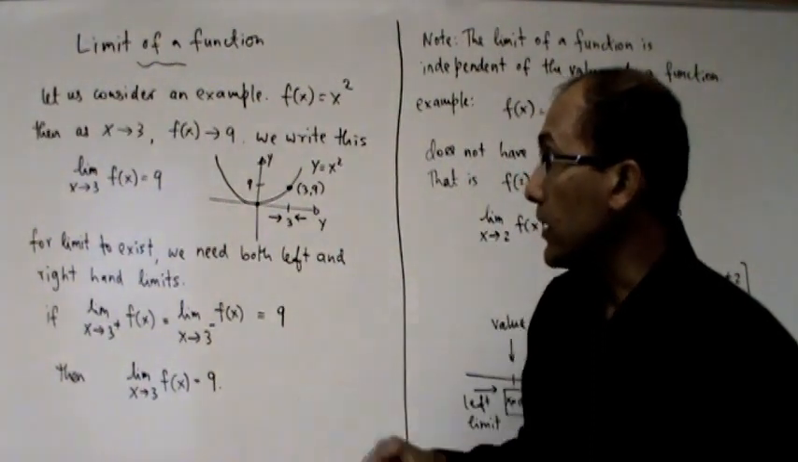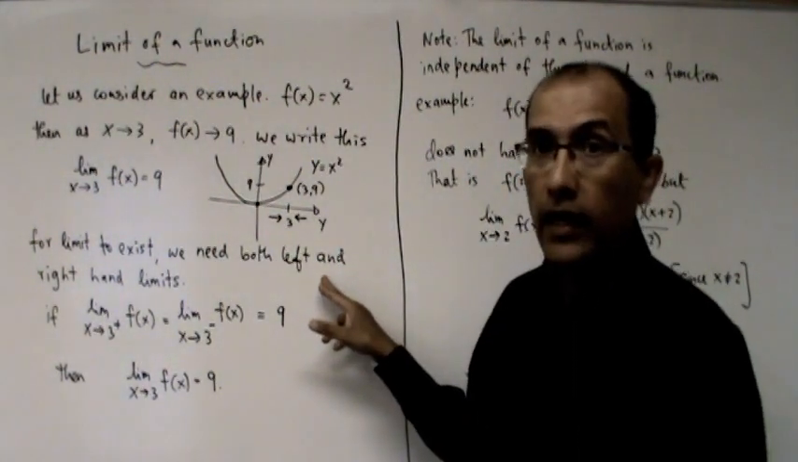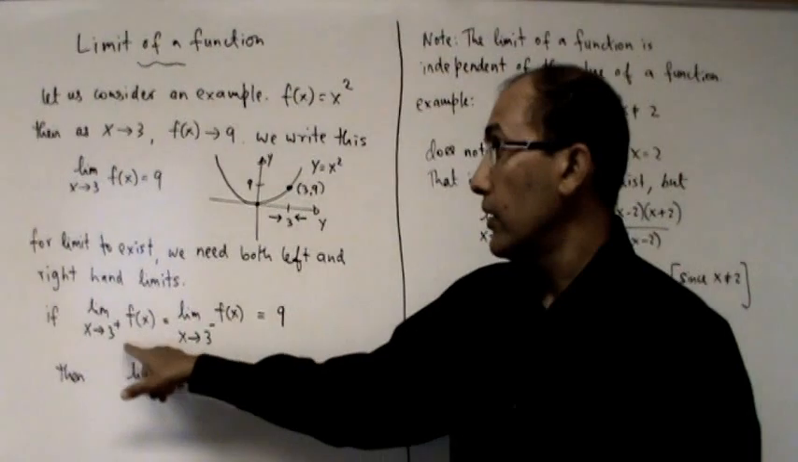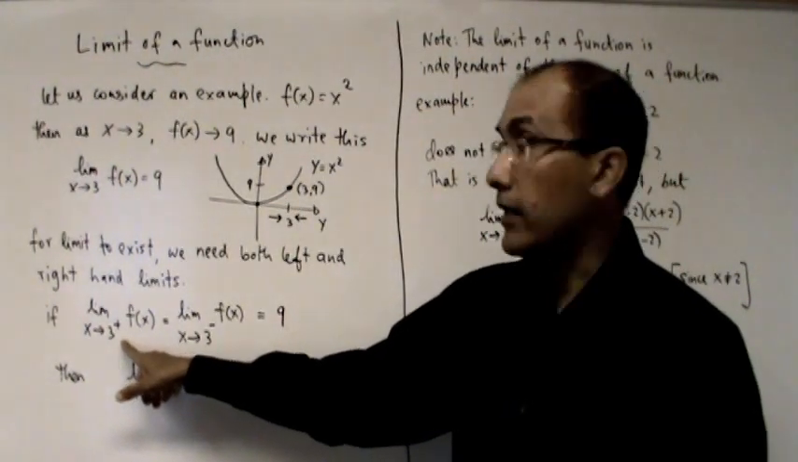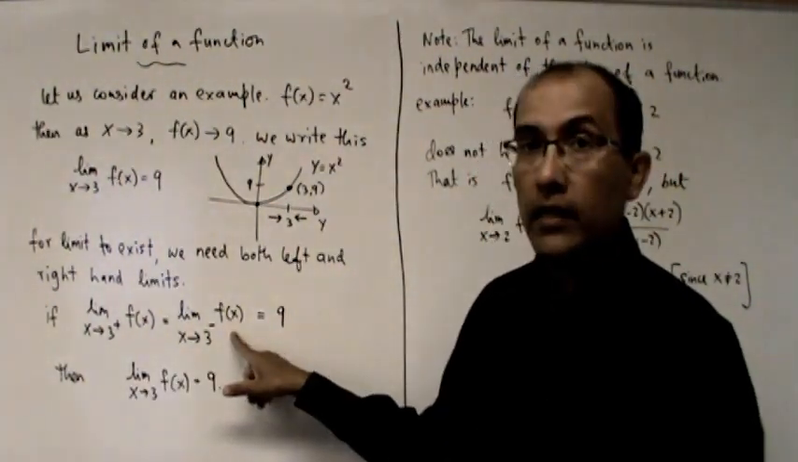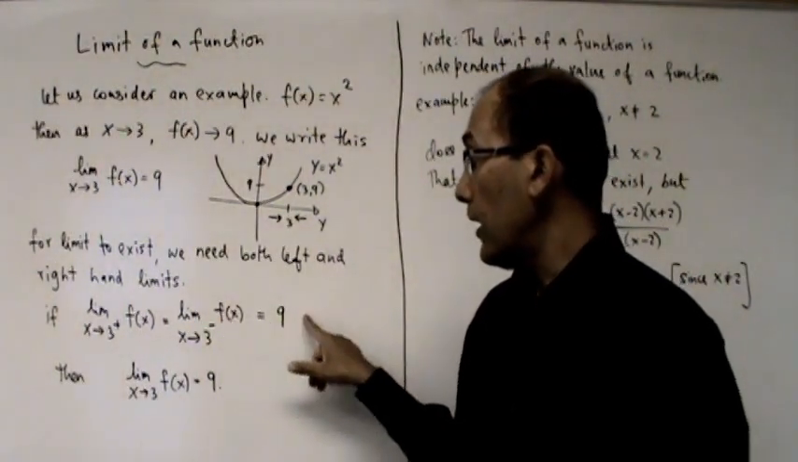Of course, for the limit to exist, we need both left and right hand limits. You know all these things. So we have the right hand side limit and the left hand side limit. If they both agree to a common